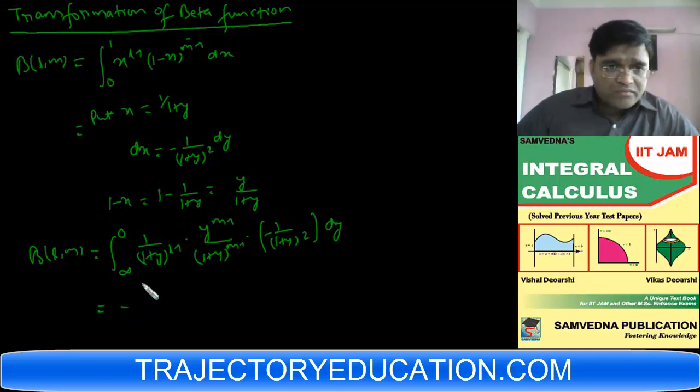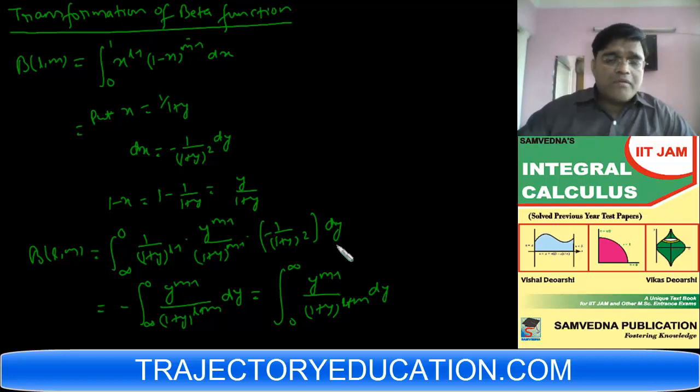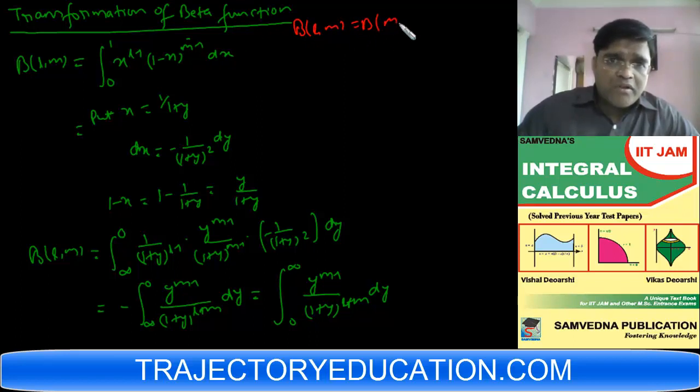So this will become equal to minus of the integral from infinity to 0 of y^(m-1) (1+y)^(-(L+m)) dy, or we can write it as the integral from 0 to infinity of y^(m-1)/(1+y)^(L+m) dy. Now since beta(L, m) equals beta(m, L),